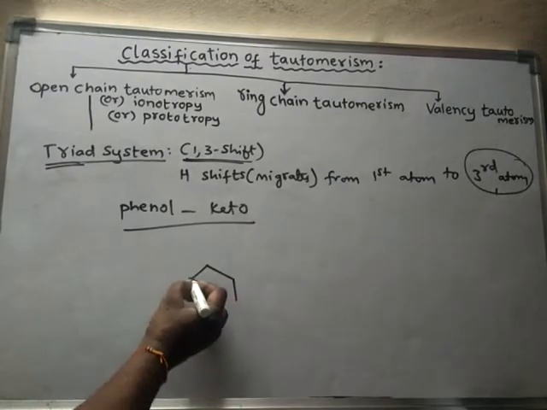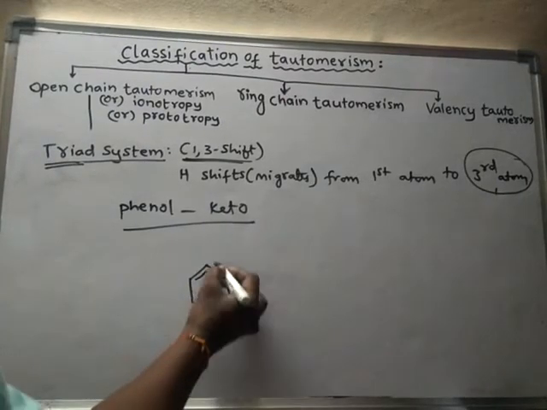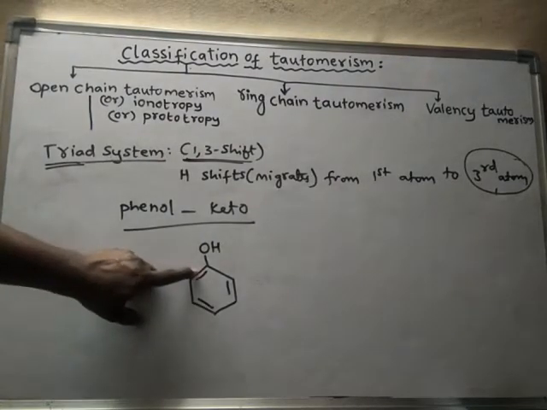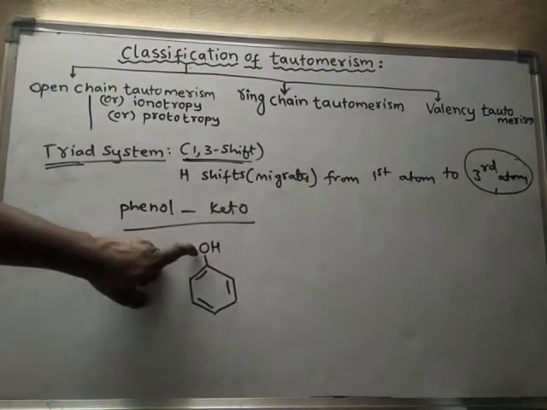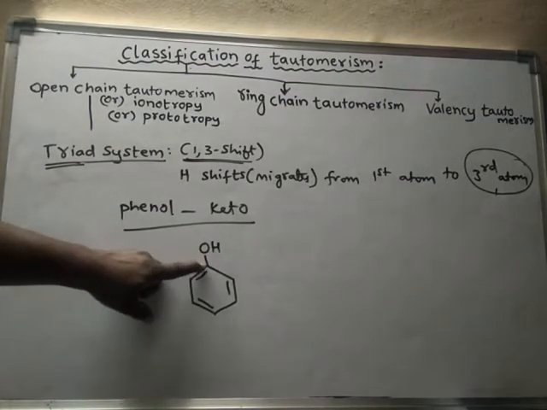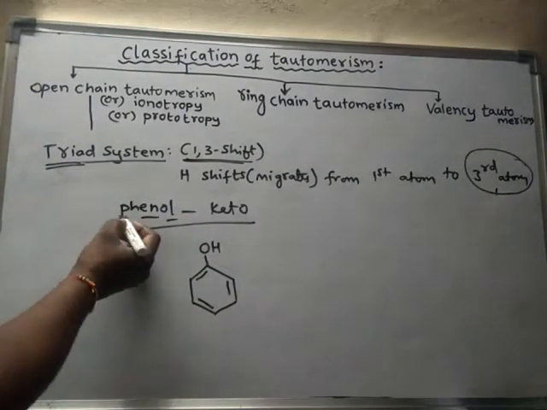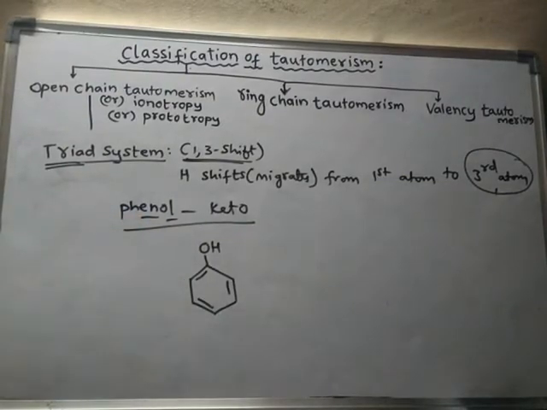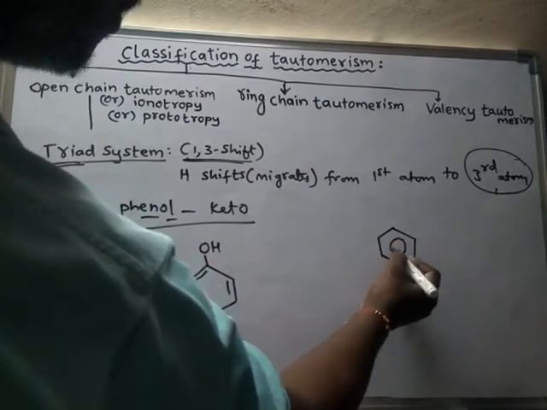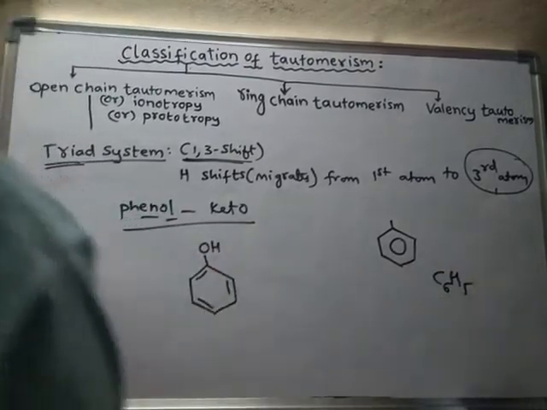Phenol means, as we already know, if there is an OH group on a benzene ring, then it is said to be phenol. Here, ene and ol: ene means double bond, ol means OH. So if the benzene ring has OH attached to it, then it is phenol. Ene and ol both are present. This is called the phenyl group. Ph means phenyl. Generally one hydrogen is not present, so the C6H5 group is said to be the phenyl group.